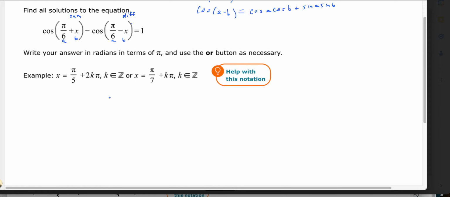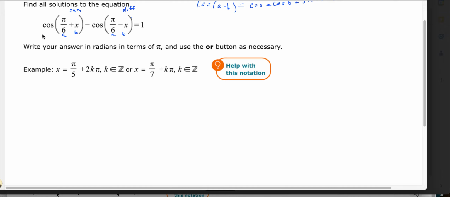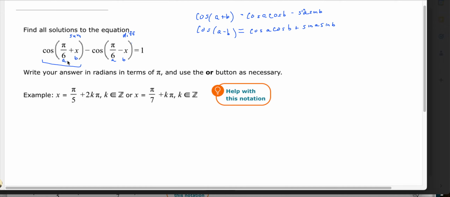So we'll rewrite each cosine expression using those formulas. So instead of cosine pi over 6 plus x, again, we'll use this, where this is pi over 6 plus x. So I'll rewrite that as cosine pi over 6 times cosine x minus sine of pi over 6 sine of x,